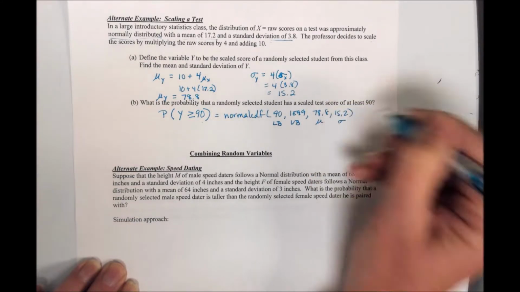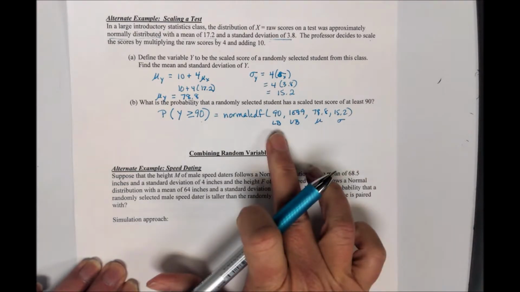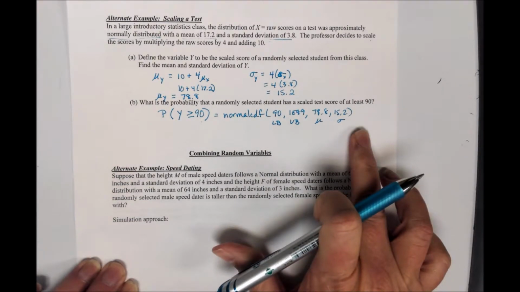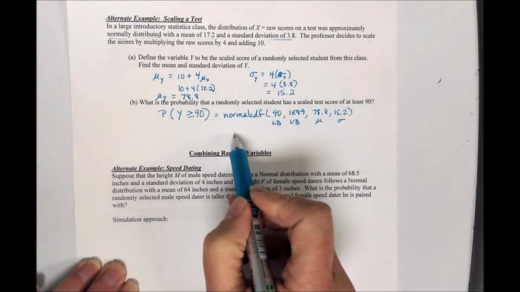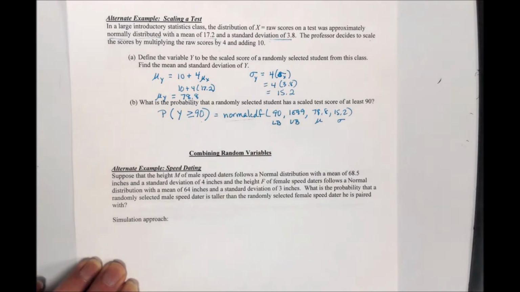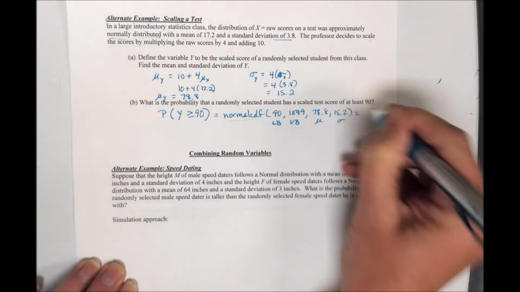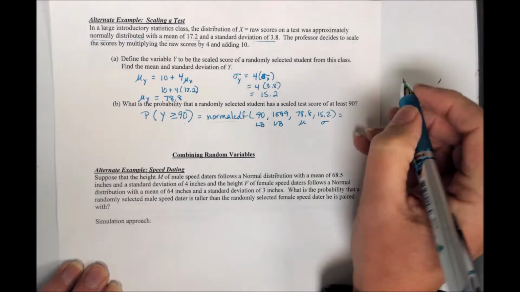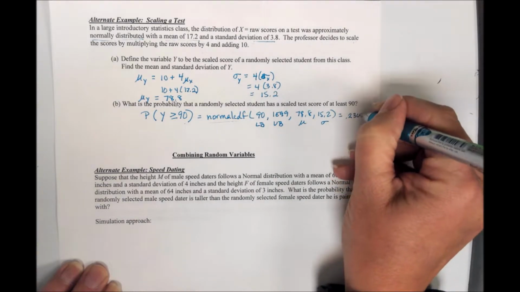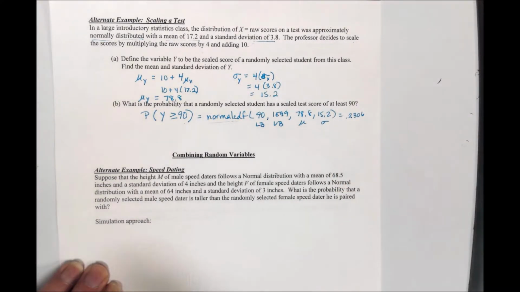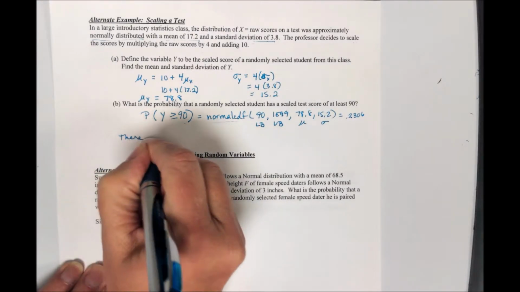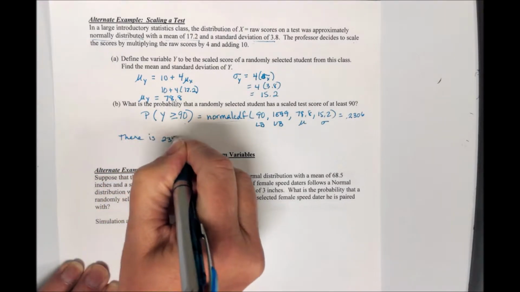So again, if I am going to do the calculator speak, I do want to define what each of these are. So this says that it's the normal distribution. So that's going to equal 0.2306. So there's about a 23% chance